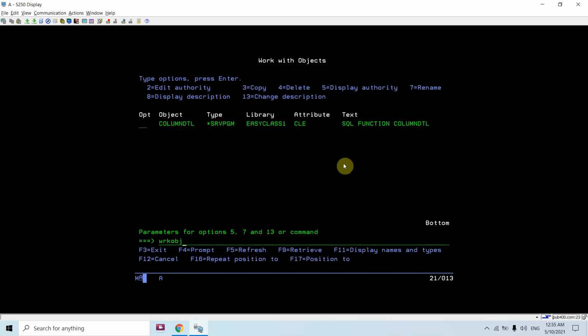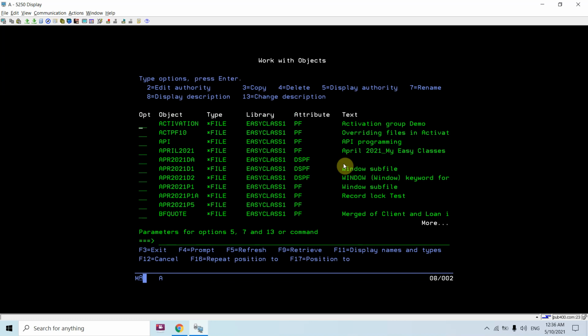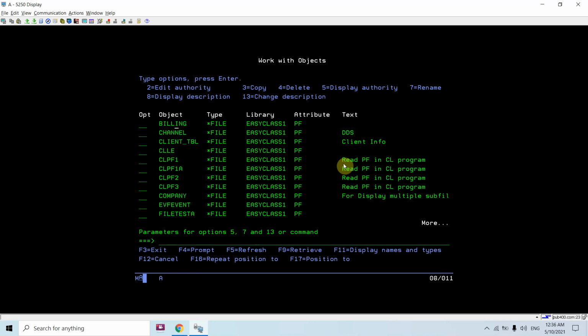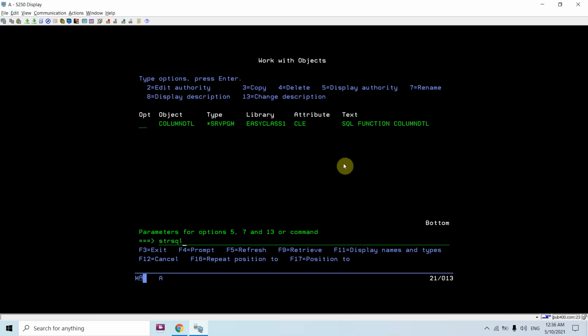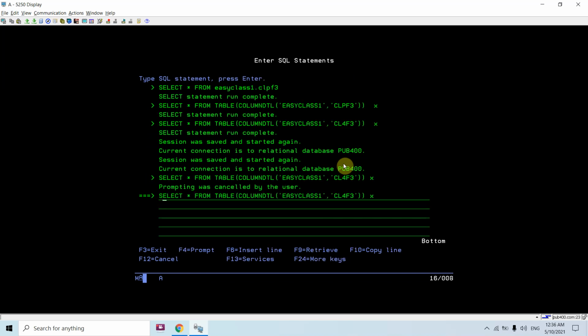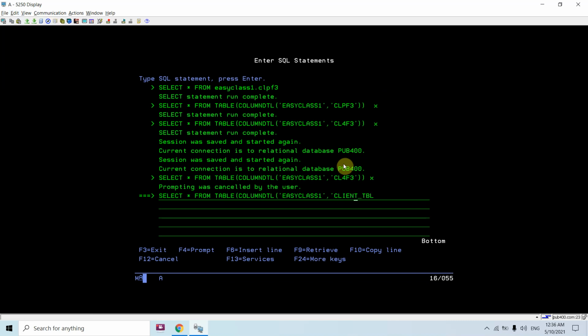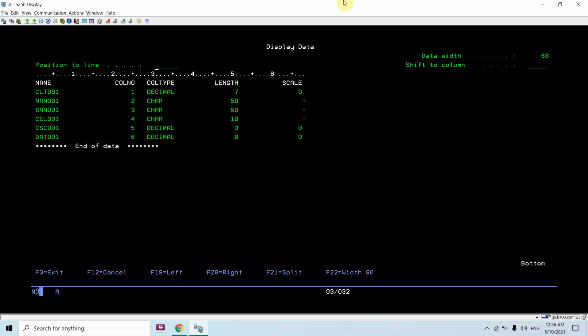Let's check this table. Now you can get the details of that table as well.